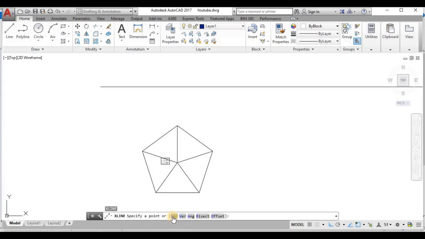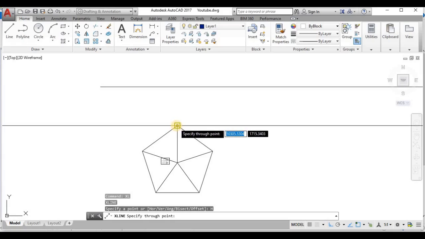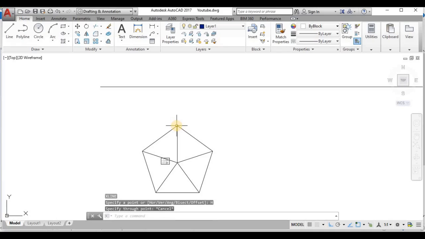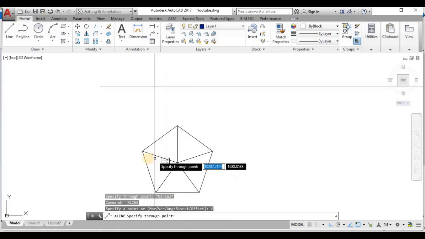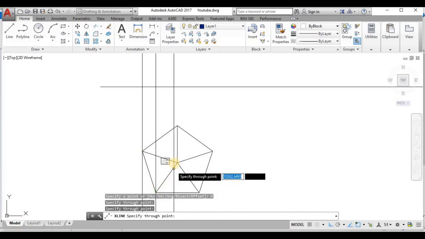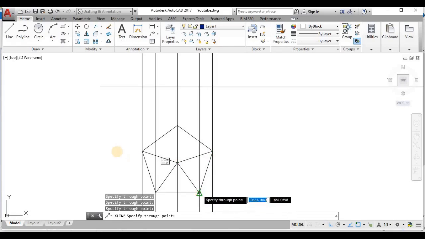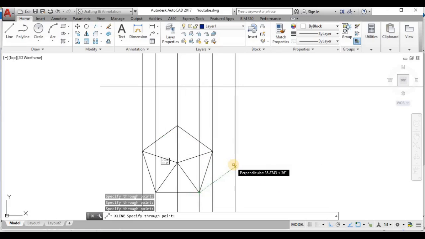Okay, so I shall choose horizontal. I'll be clicking HOR. So you can see here horizontal, it will be making a horizontal line. Okay, but we need only vertical lines, so I shall go with vertical. So V. So these are vertical lines. These are the points. I need to pick them. Okay, now I have just picked the points.